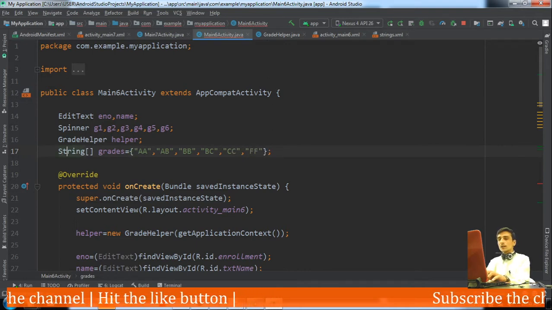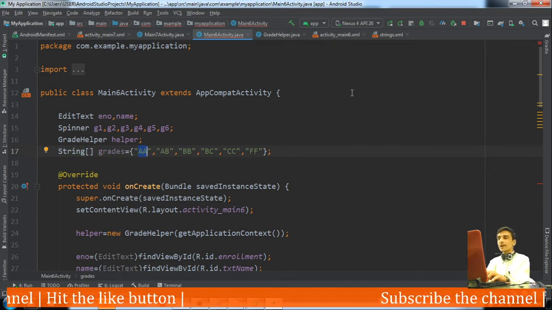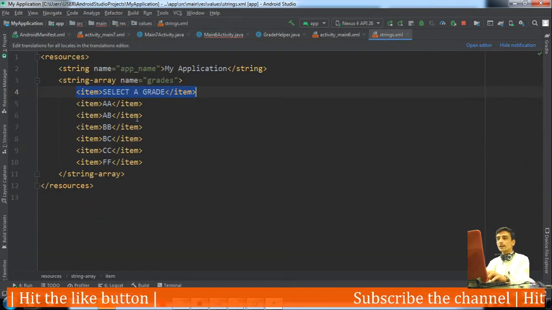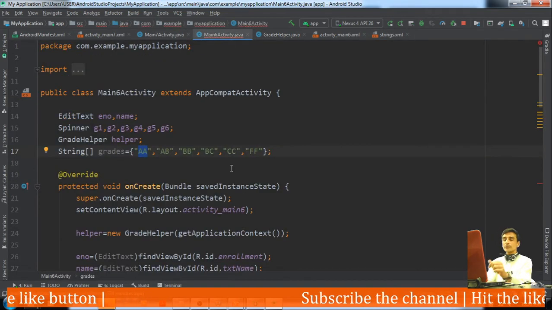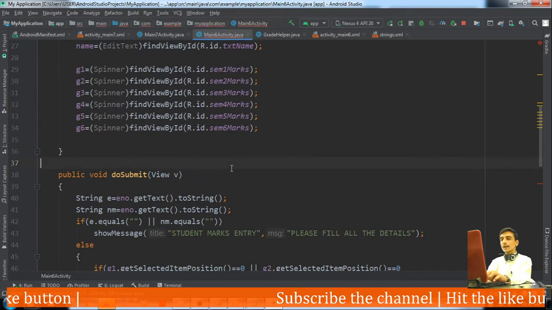Now see here, our element at 0 index is AA, whereas this element in the array resource is at position 2. So we should keep that thing in mind. The name of the array is grades.